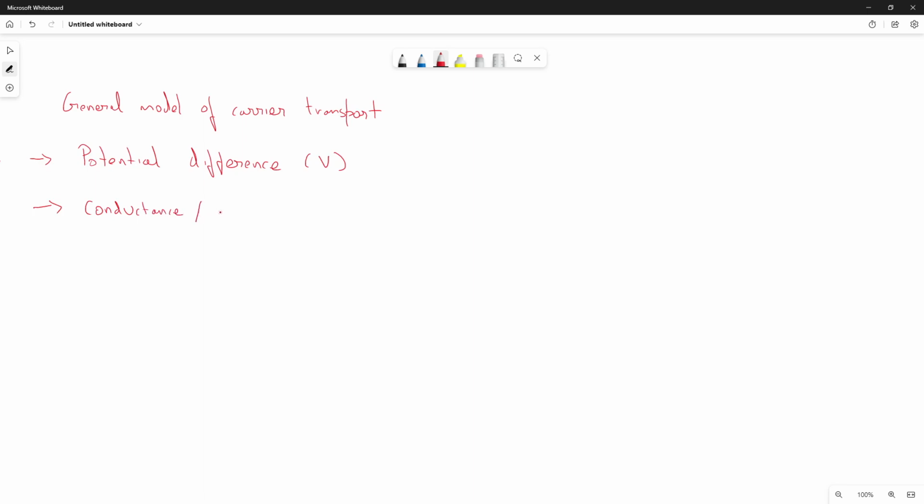Typically speaking, if I need to send large amounts of current, I will need high conductance. If I need to send small amounts of current, or prevent the passage of current, I need low conductance or high resistance. So there is this concept of conductance and resistance. Now, is there a relation that you know in general that combines these two things?